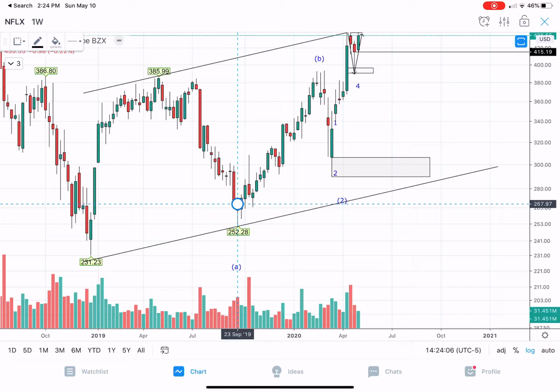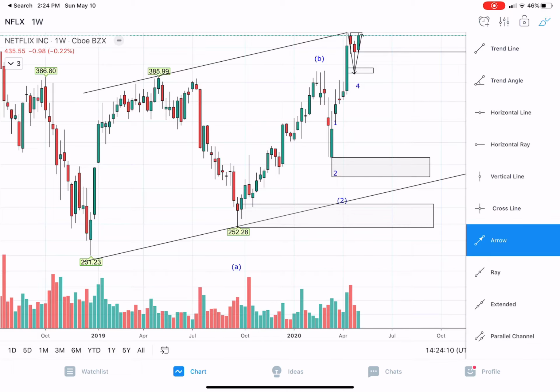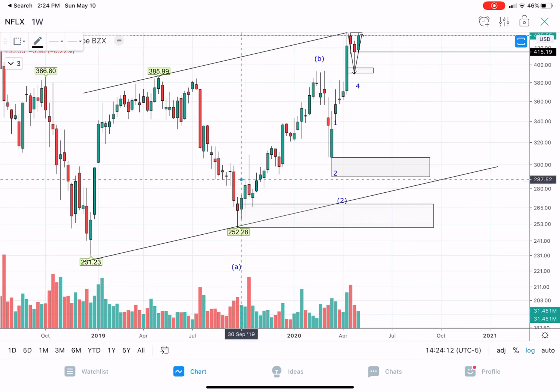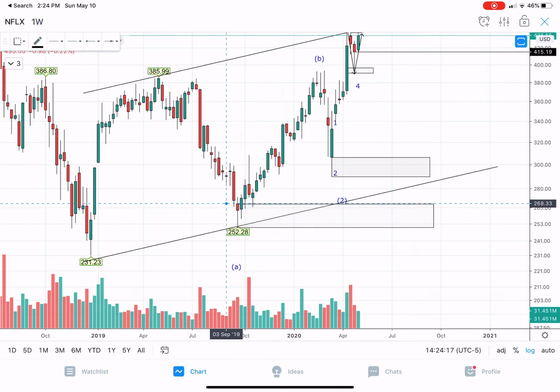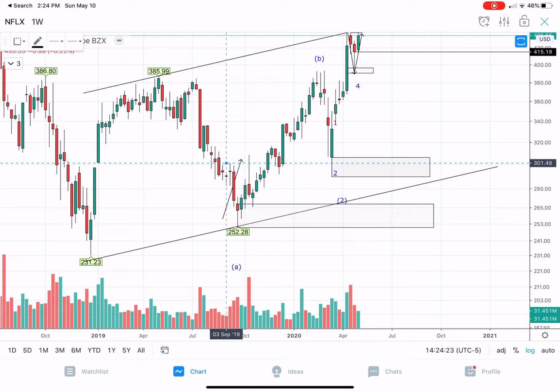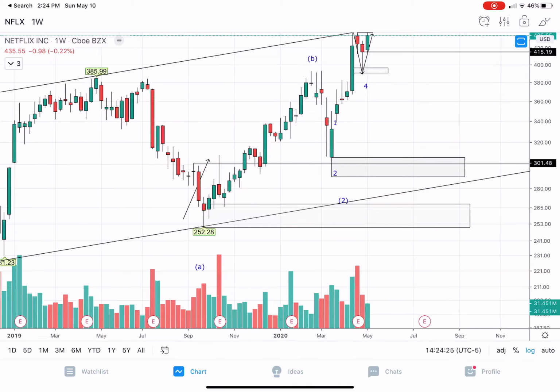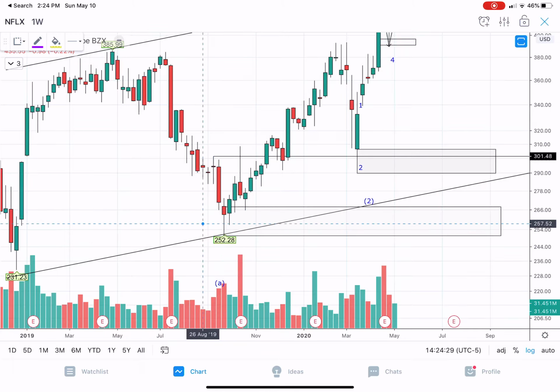So Netflix forms a drop-based rally demand zone here. And why is it strong? It's strong because this move out of this area right here took out a high. So it made a higher high, so it took out this high right here of 3-1. Because you can see that this level of demand